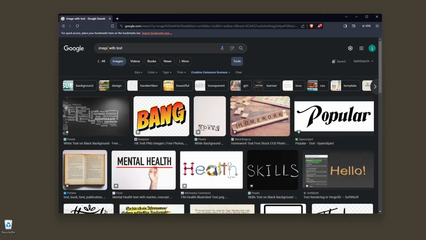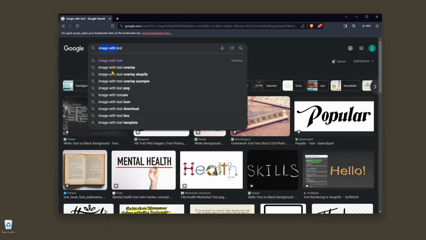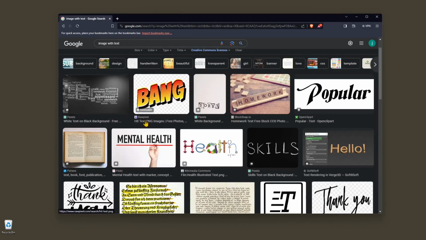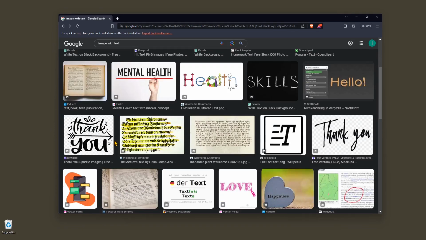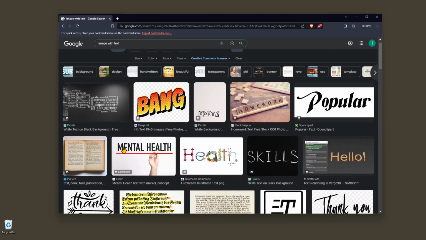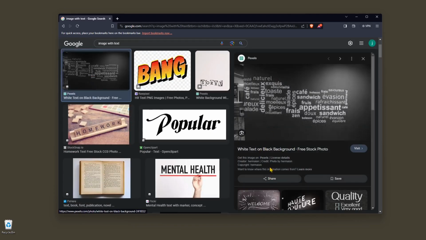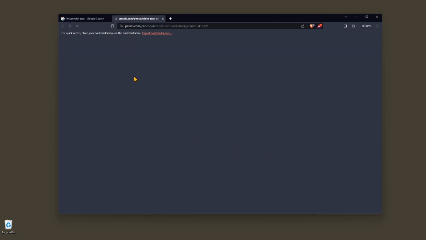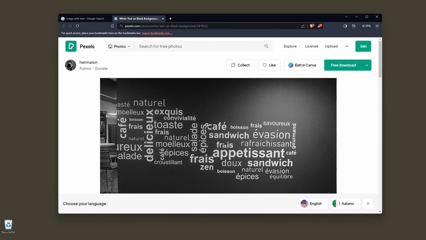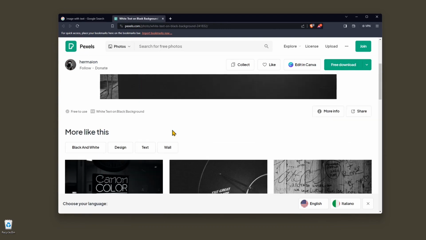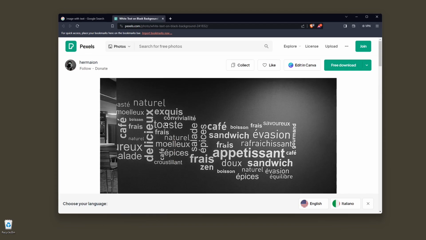Now I'm going to do another experiment. I'm going to search for images that contain text, which are not plain text like we saw in the Wikipedia website or any other site. So I'm just going to get this one here. I'm going to open it here. This is from Pexels. So it's a free download, so I can download it, or I can just again